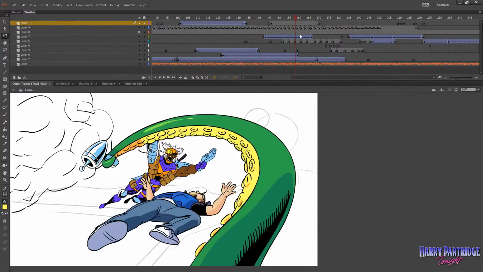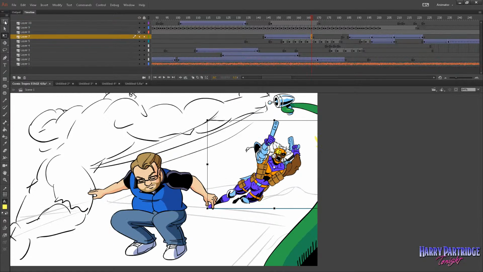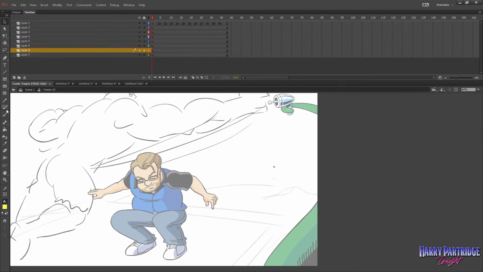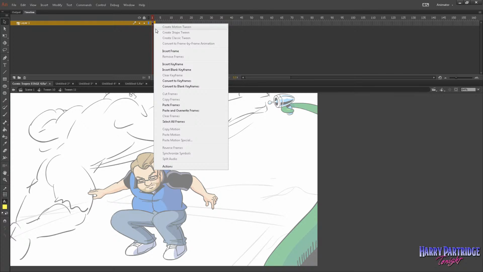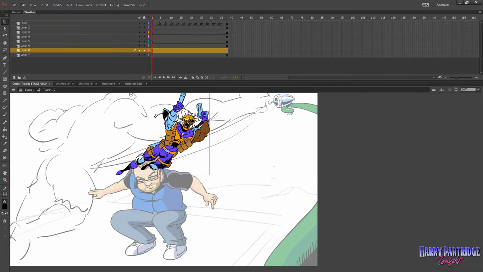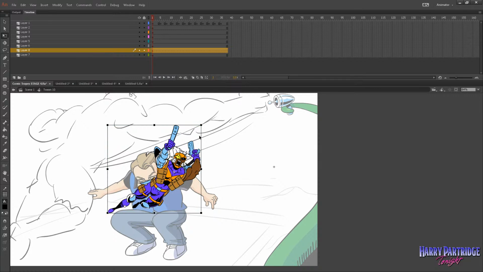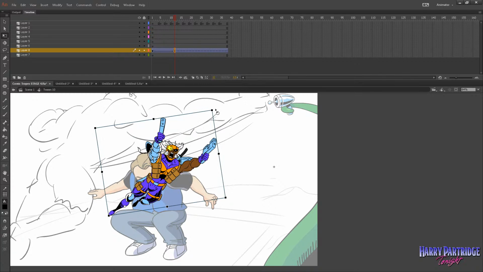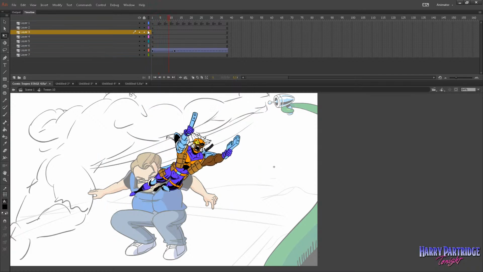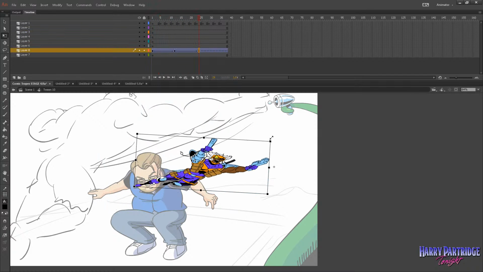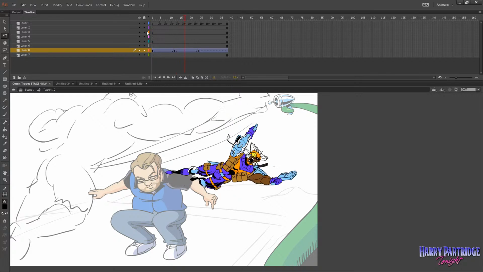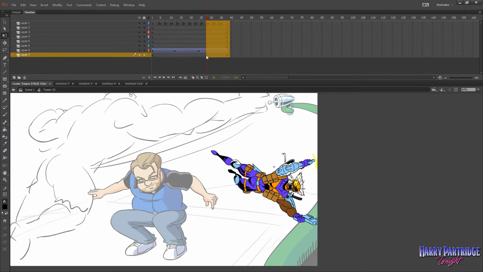You know, or have him land, because he's just frozen right now in space, which obviously we don't want. But what we could do is take all of these frames and create a new layer and actually animate it and have the character follow some kind of arc, where he starts off in, say, one position like that, comes up to be here, so it's like that, and then falls down. So it's a case of, obviously that's very, very rough,